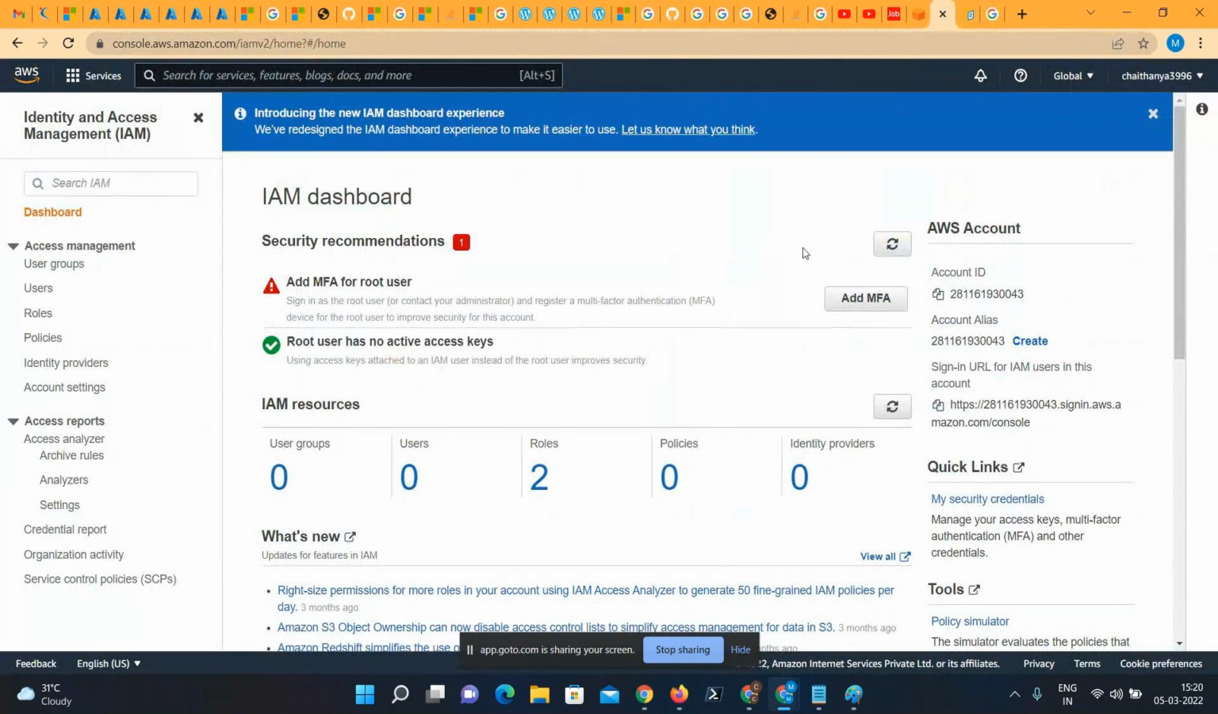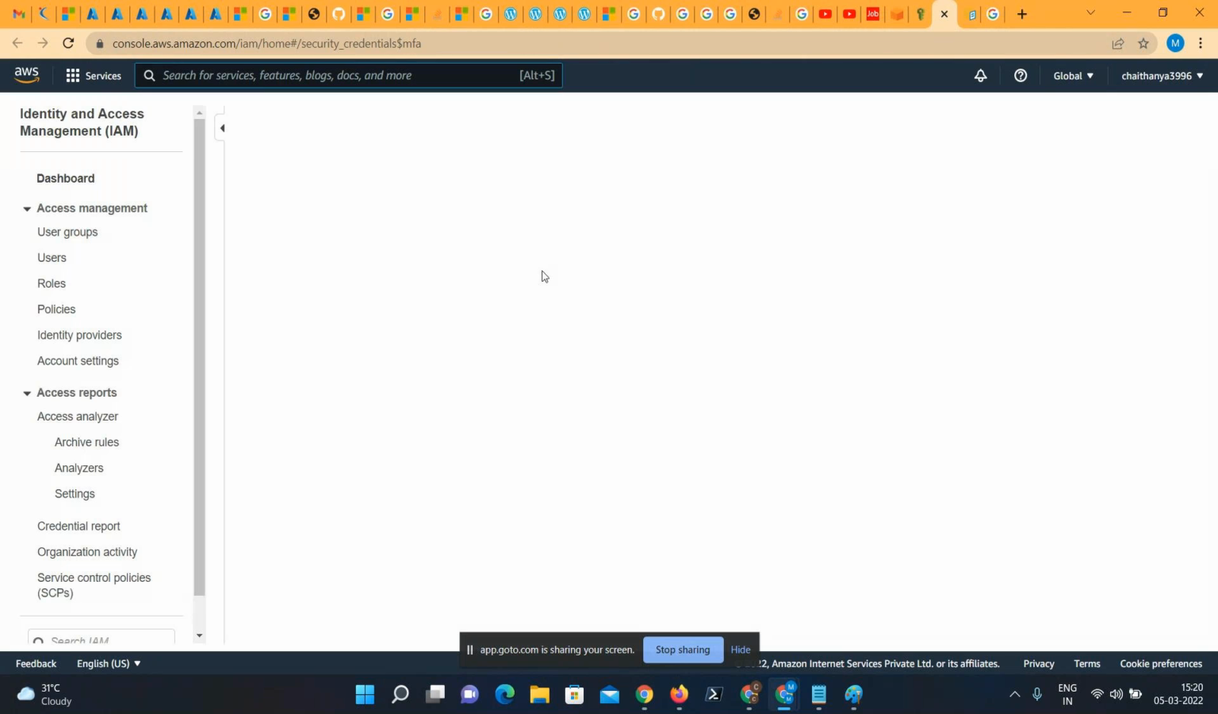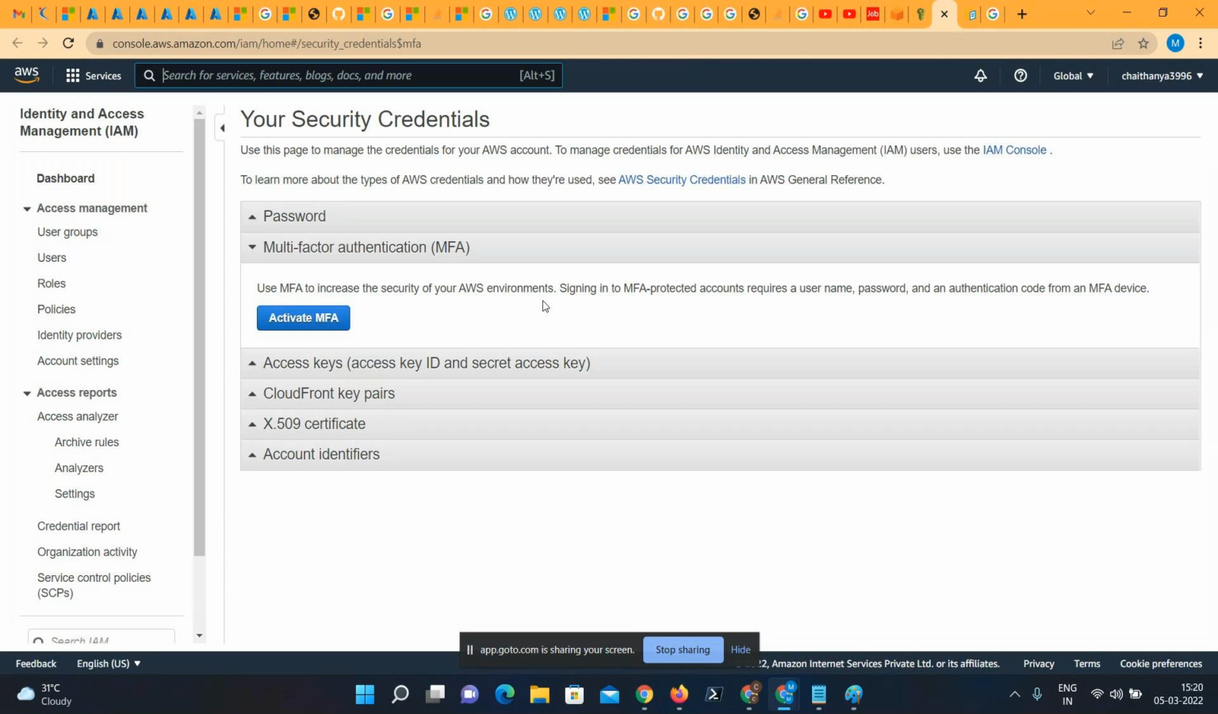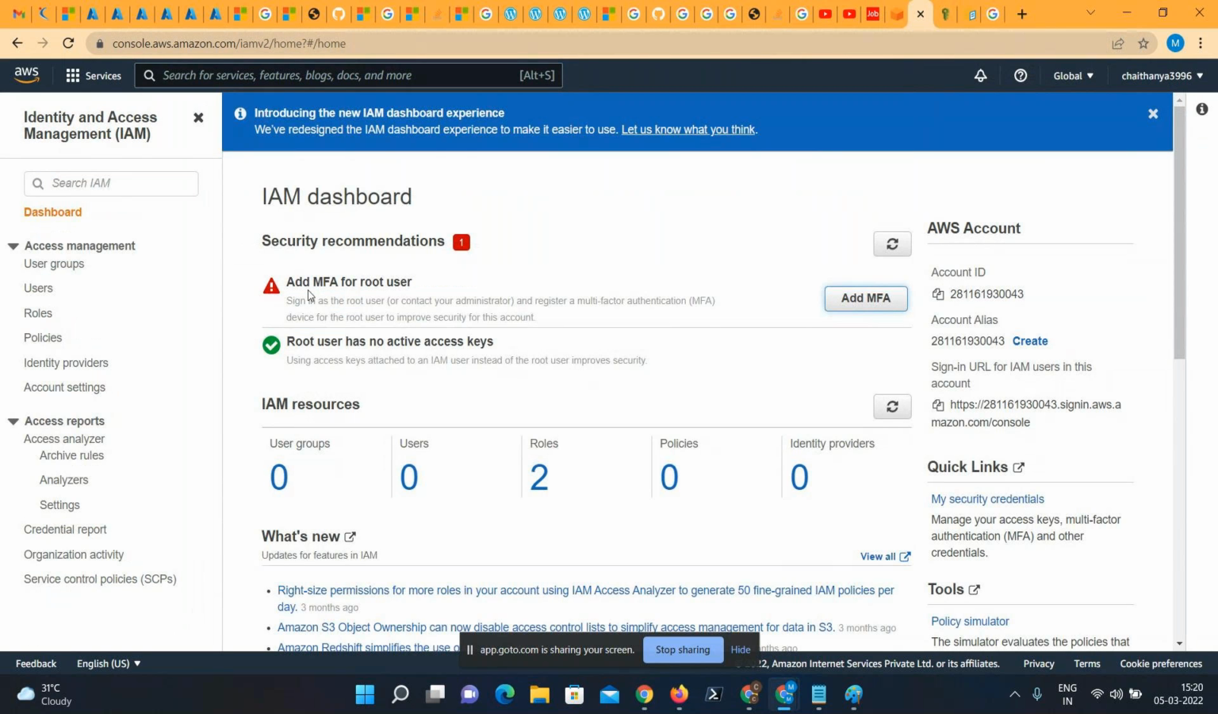So we're gonna add MFA for my account. This is my new account, so that's why I'm gonna add MFA. For that reason, it's showing us like this. If I click on this, add MFA for your root user,